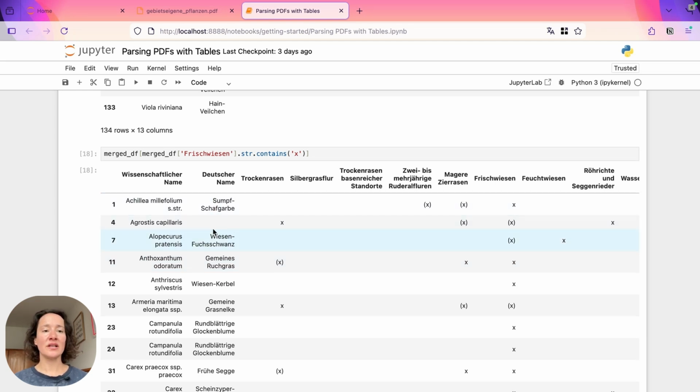I can export it via Pandas to a database. I can export it to a CSV, an Excel, whatever it is, or I can use this code as part of a pipeline that I build later. But in this case, since I'm not going to be regularly updating the PDF, I think Berlin released the PDF 5 years ago. It doesn't seem like they're going to update this PDF every month and give me a new list. I would probably just save this data, but I wanted to show you